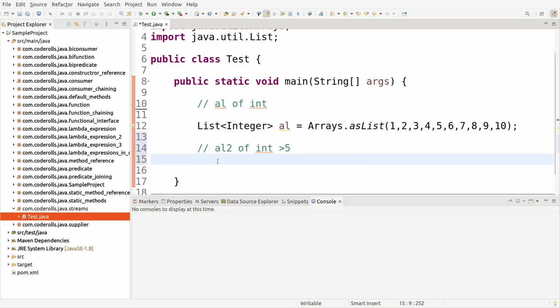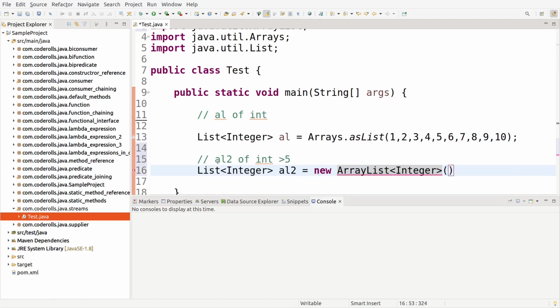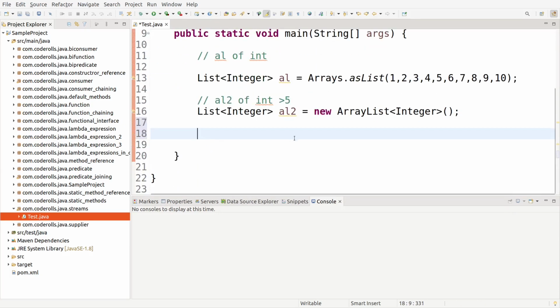So let's create an empty ArrayList first. List of integer AL2. Now here we will create an empty ArrayList. And we will see how we can do it without using stream.